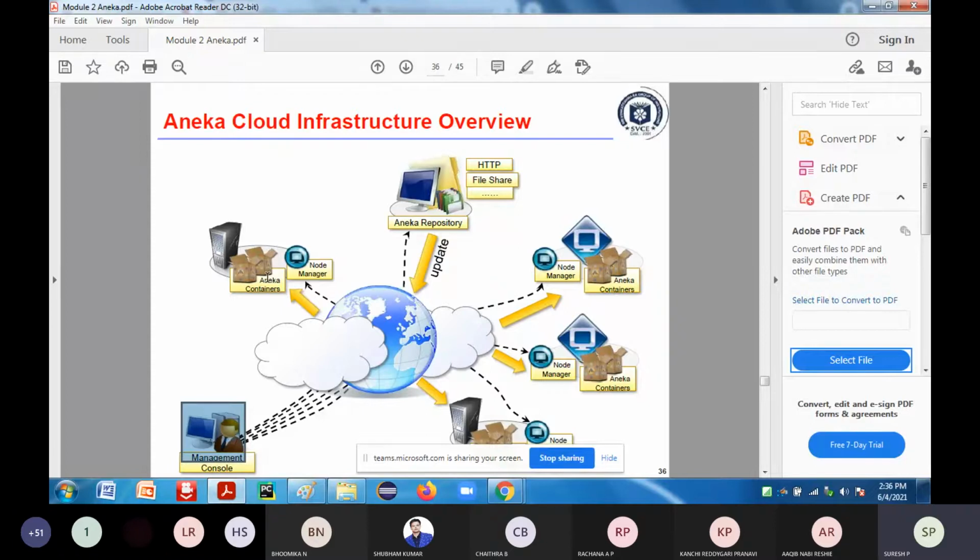Now some may be having the 2.1 gigahertz server, some may be requiring the 1.4 gigahertz server, or some may be requiring a 3.2 gigahertz server, or some other high configuration server. Depending upon that particular requirement, that particular node will be chosen, and it will be given in such a fashion that it will be seamless to the user.